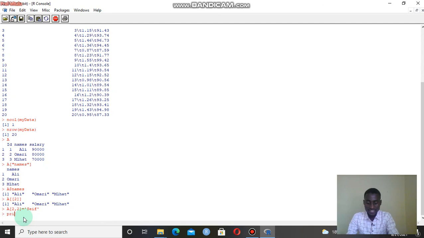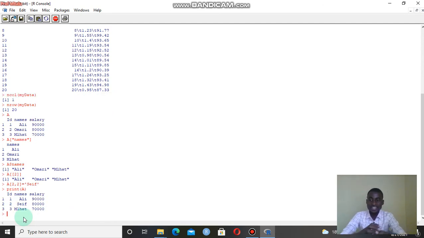So when I print A, you realize that actually we are having our second element here as Saif, and the salary is 80,000. So that is how we modify the elements of a data frame. All you need to know is the name of the data frame and the position of that